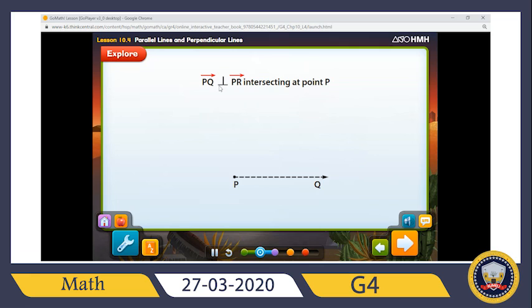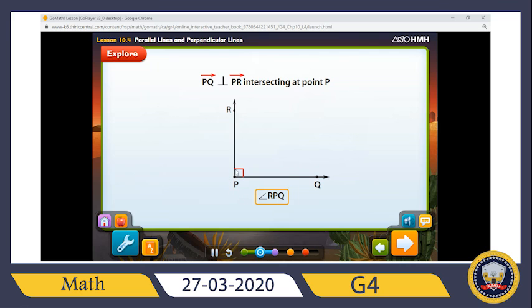PQ perpendicular. Remember the symbol. Ray PR intersecting at point P, because P is the common point between these two rays. So how can I show ray PR to make it an intersecting point for ray PQ? In this situation, I can draw PR like this. So I know this is an intersecting point because they cross at point P,